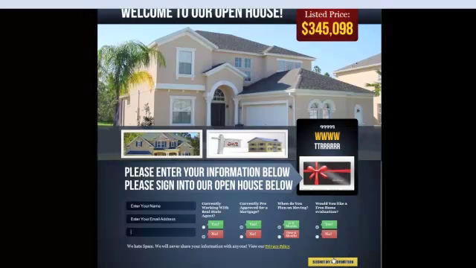So you're going to explain this and demonstrate this to the agent by showing them that you have a beautiful landing page here. You're showing high technology, so if that person may have a home to sell, they may be interested in inquiring about, hey, well, you guys seem to be doing something different than everyone else. So they may actually pick up listings as well when they impress individuals that actually have homes to sell before they buy. So there's a lot of great advantages to them utilizing this system, and this is just the tip